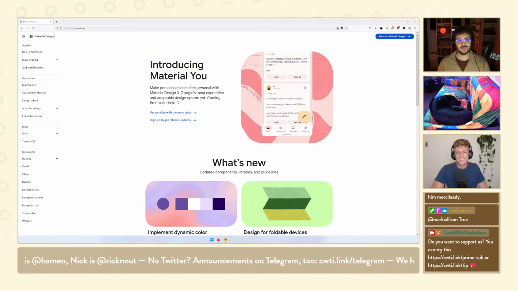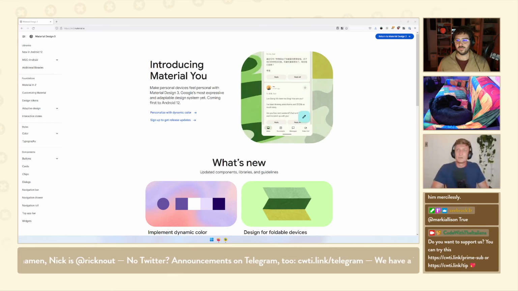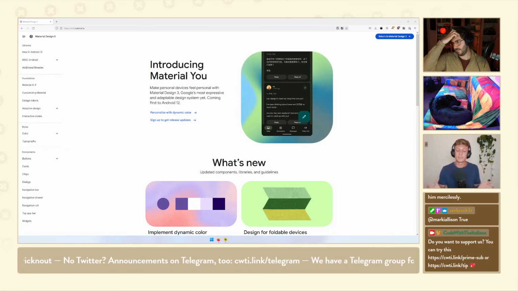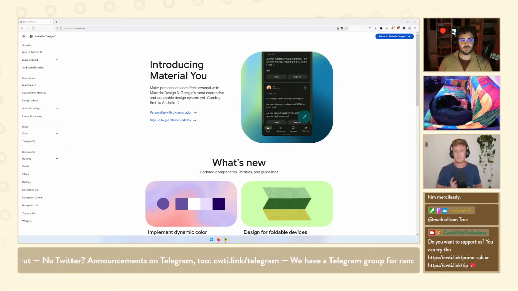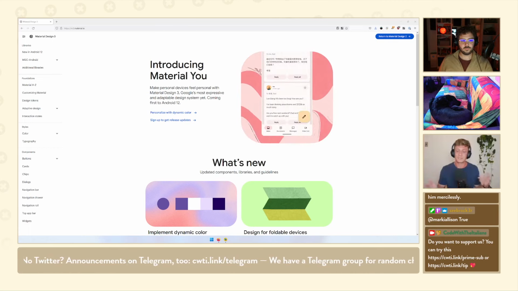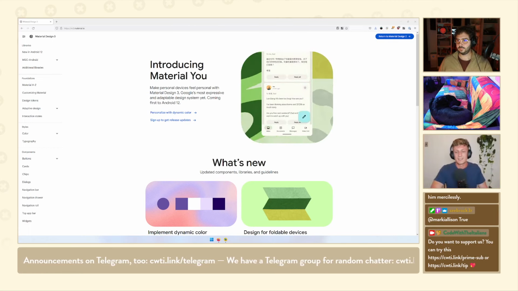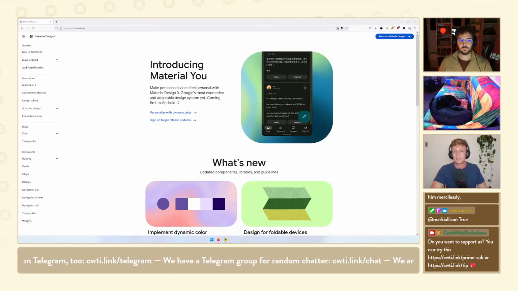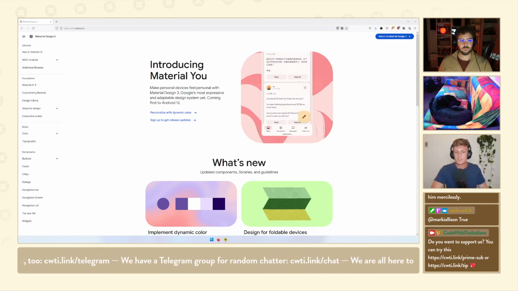But really, it's a new version of the spec, and the spec being everything that includes the components that you use in your app: buttons, dialogues, cards, navigation drawers, etc. And then the theming and theming subsystems. So how do I theme these components and the rest of my app? How do I apply things like shape and color and typography to them?